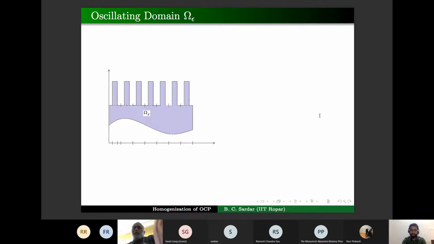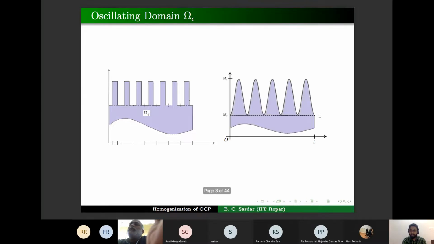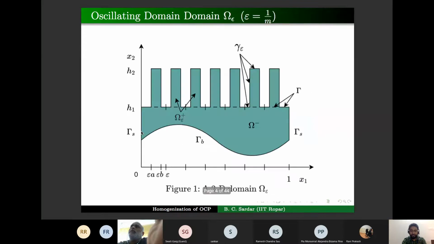In the top part, you can see there is a fixed base part and there are pillars on top of it. There is a similar type of domain where, instead of pillars, we have a smooth domain, called the smooth pillar type domain. In both domains, I'm going to consider the optimal control problem corresponding to the Stokes system. First, let us consider the Stokes system in the pillar type domain on the left-hand side, and understand what oscillating means.